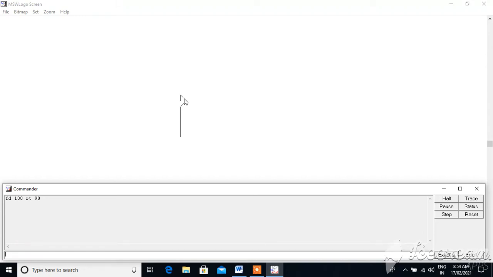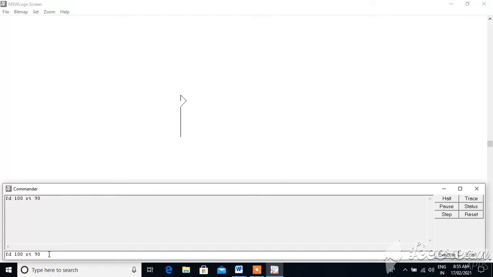Sometimes you may need to move the turtle without drawing a line. For this you can use the pen up command and pen down command. Many times you don't want any line on the screen, so at that time you use pen up and pen down. But most of the time we use the line to draw shapes. Now I will show you one program. Here this triangular turtle is going to draw a square. Let's see how it draws.